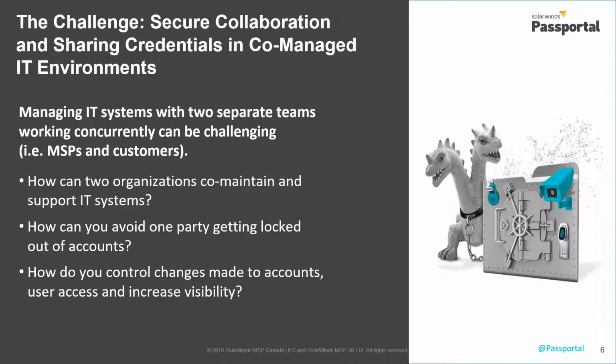Sometimes, again, it's an offset where the MSP deals with certain components and the internal IT department deals with other components. So it can be a big challenge when you're managing these IT systems across two different teams and doing concurrent work on systems. And so you start to come down to what are the best ways, and how can two different organizations essentially